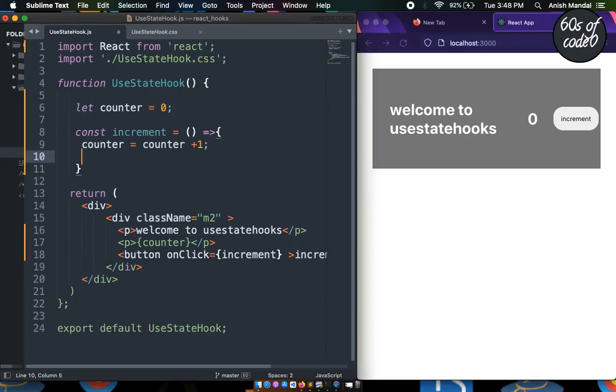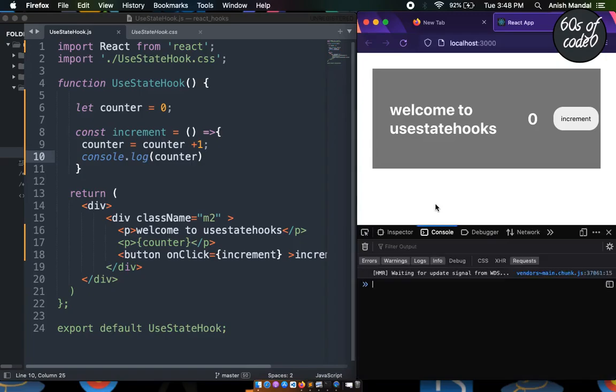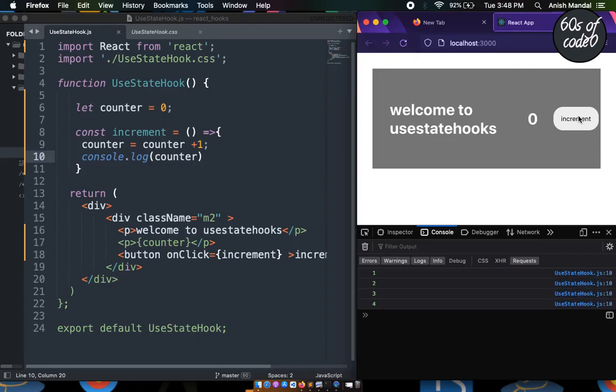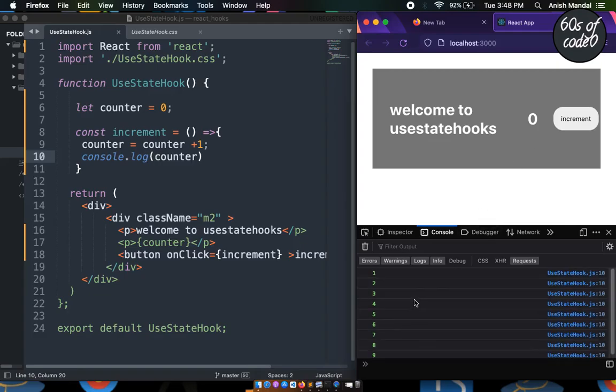You can do it with the help of JavaScript also. Document, target that element, and it gets updated, right? I'm using console log just to make you understand how this works, right? Okay, so let me take you to the console, and you will see here, every time I press the increment button, you will get the update in this console, right? Let us try. As you can see, I'm pressing the increment button and it is getting updated, right? Every time I press this, it gets updated. So I want the same